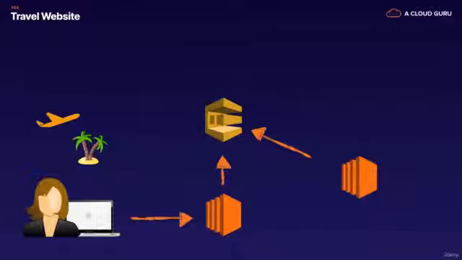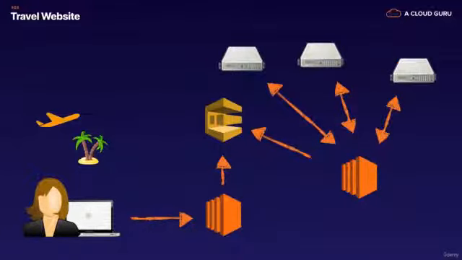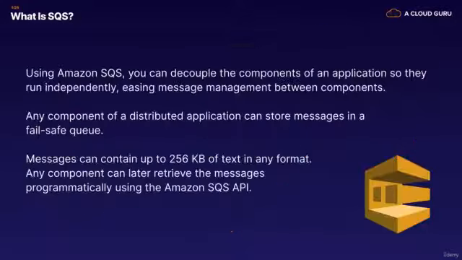And then we've got some application servers in the background, and we'll have a whole fleet of them, each configured to go and get that message and look for different airlines. So it might be Delta, it might be British Airways, it might be United, etc., etc. And it's getting the best flights and hotels for that date. That is then collected by the EC2 instances. It's passed back to the web server, which is then passed back to our end user. And the cool thing again is if we lose an individual EC2 instance, we won't lose that information. Another one will come along, poll the queue, and return that result back to the user.